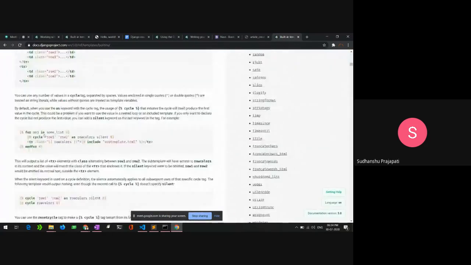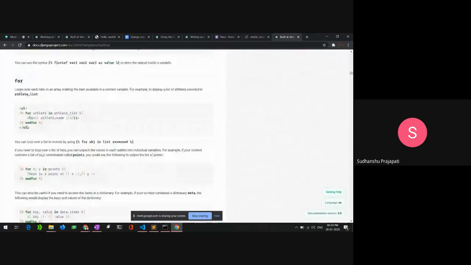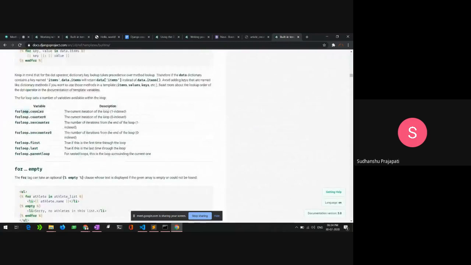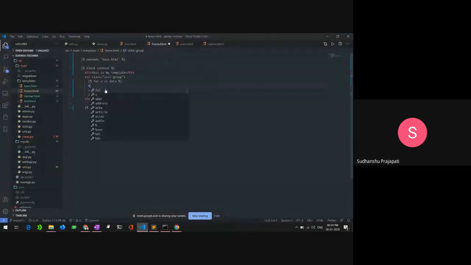Inside here there is the for loop. Yeah, for loop. For loop counter, that is the for loop counter variable name. And now go to my template, and I will create a simple paragraph including the for loop counter variable.